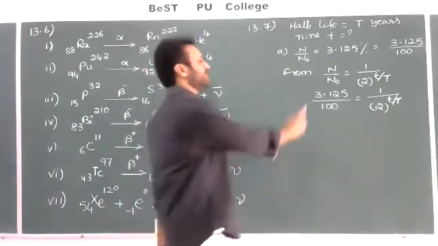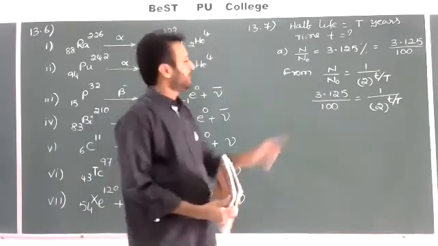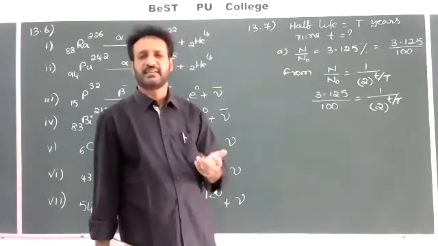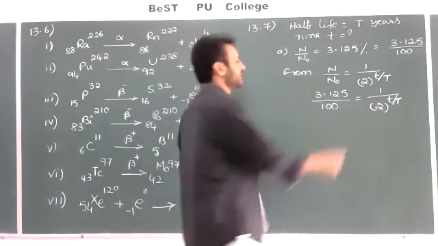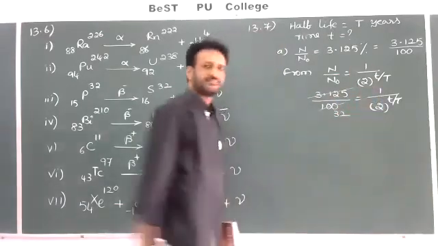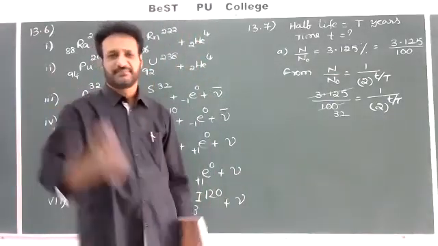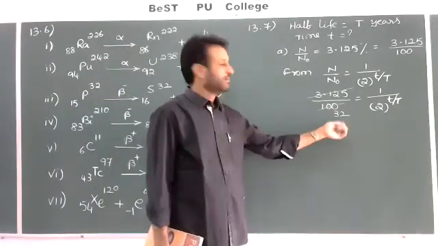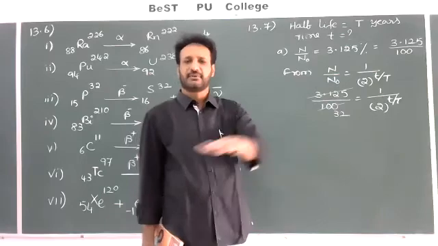Now check here. Approximately 3 into 30 is equal to 90. Then 3.125 into 32, we multiply, how much will you get? 32 into 3.125 is 100. So 3.125 ones are 3.125, and the 32 cancels. Why am I writing 32? Because we can write it as a power of 2: 2 power 1, 2 power 2, 2 power 3, up to 2 power 5 for 32. Both sides are 2 power something. Whenever bases are equal, we can compare the powers on both sides.